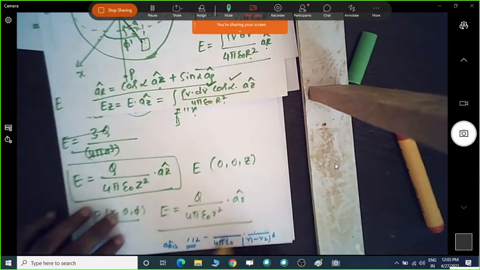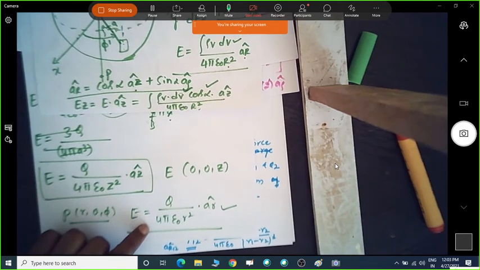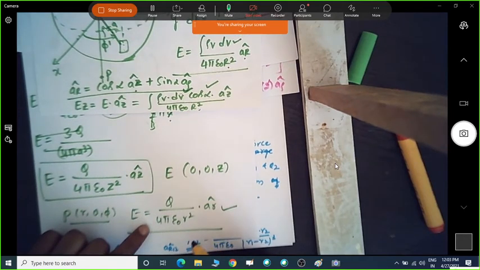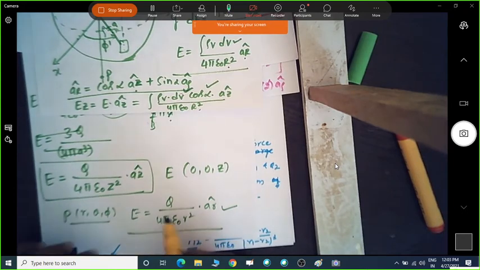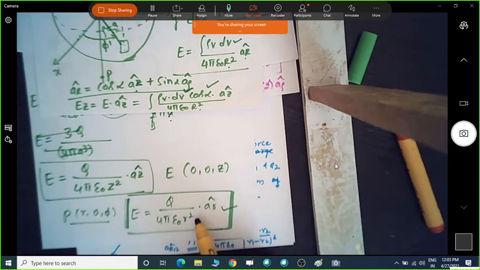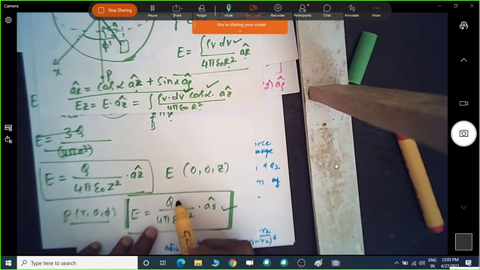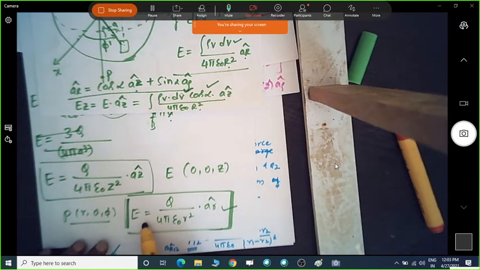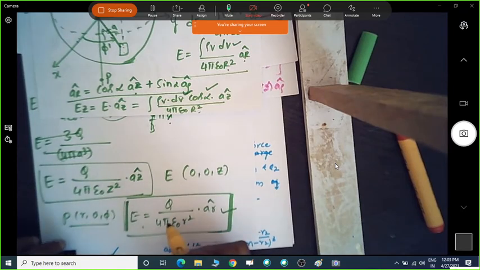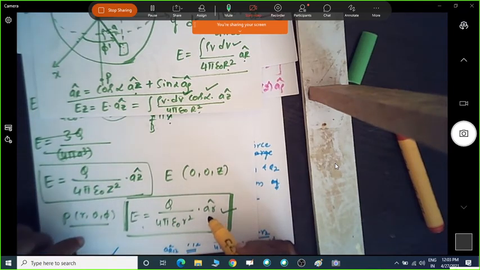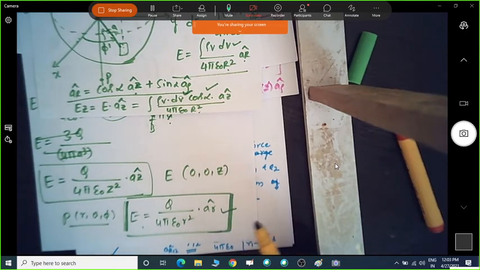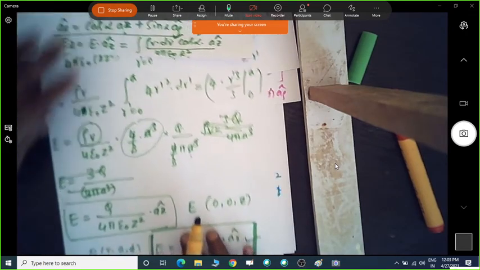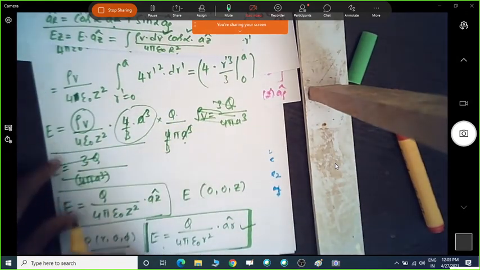We can see here that this is the same as a point charge Q located at the origin, which has a spherical distribution. This is nothing but the charge distribution at the origin of this sphere, and it gives the same thing. Even by using Gauss law we can apply this using the symmetrical charge distribution, which we will see later. But the final result obtained is the total field due to volume charge.